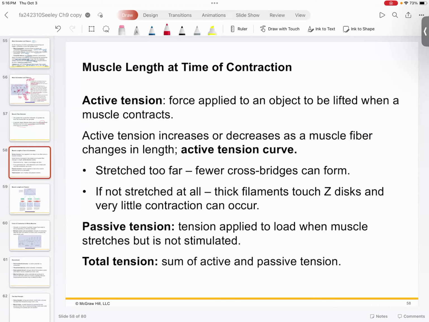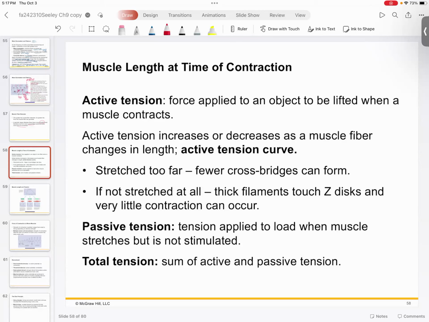Okay, so let's go ahead and take a look at active tension and passive tension and total tension. So we're going to be taking a look at sort of the consequences of the applied force or the shortened muscle. So an active tension is basically